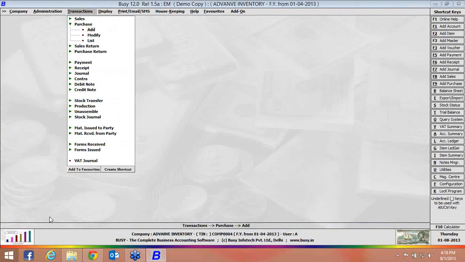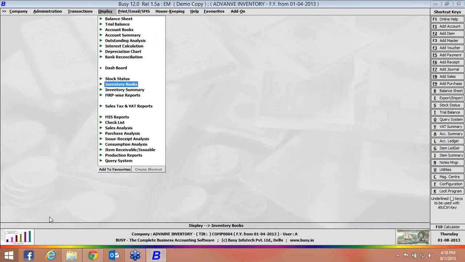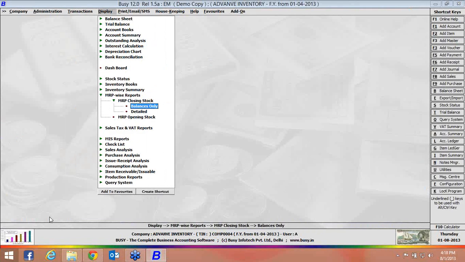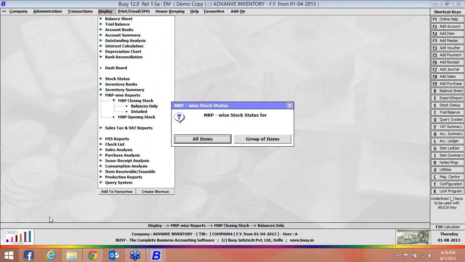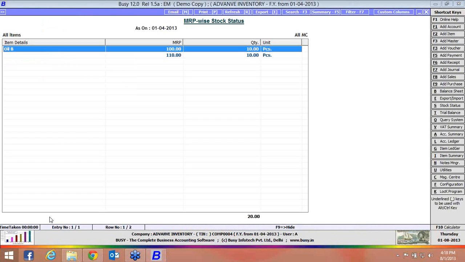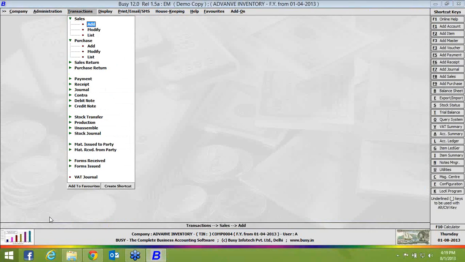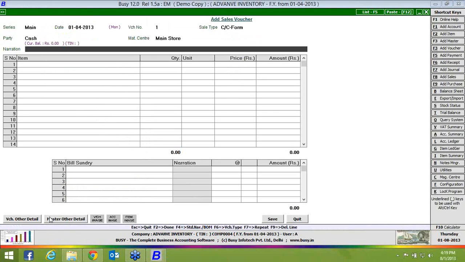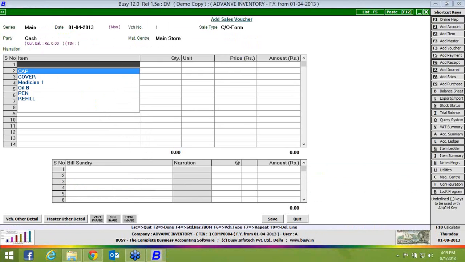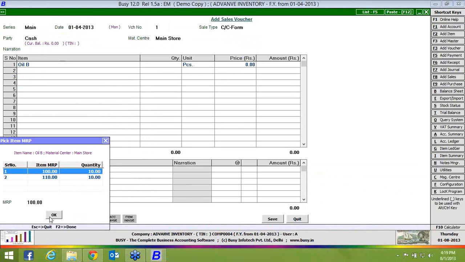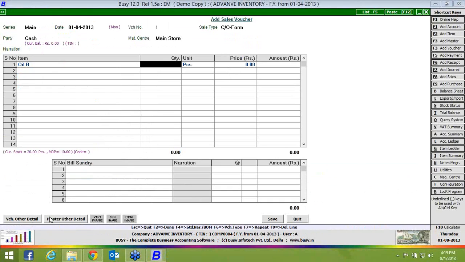So I'll show you the reports of the MRP wise stock. Closing stock you want to see. So this is the report. This item, this MRP, this quantity is in your stock. When you are doing the sales, when you select that particular item, this window will be opened whether you want to bill the 100 MRP or 110. You can select from here